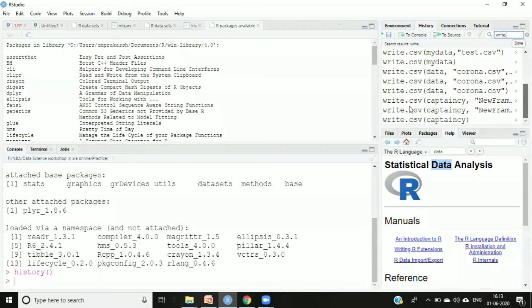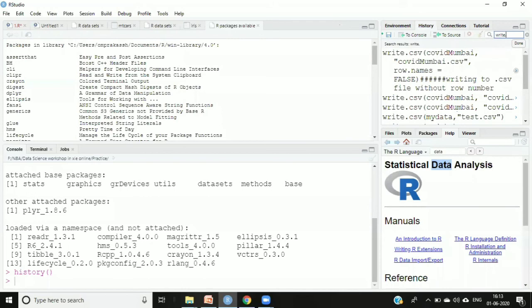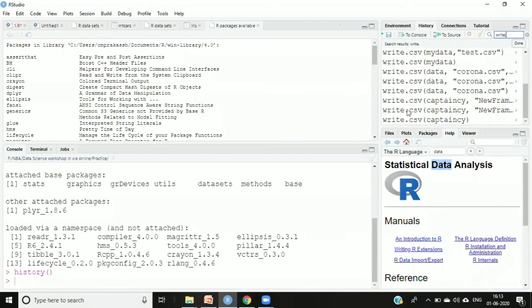Here you will see different commands because I have not closed my IDE, so whatever I fired maybe yesterday is already there. In your case, you might be seeing certain commands. If you are not getting any, you can fire certain commands, and then if you type history, you will see the set of commands you fired in this window.